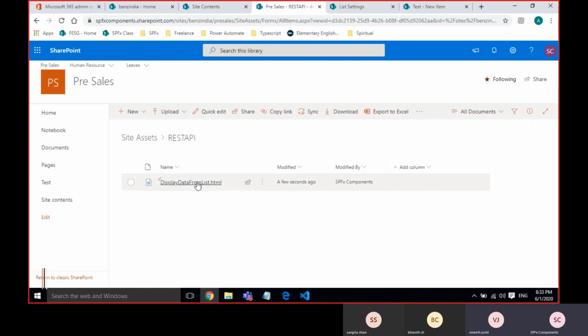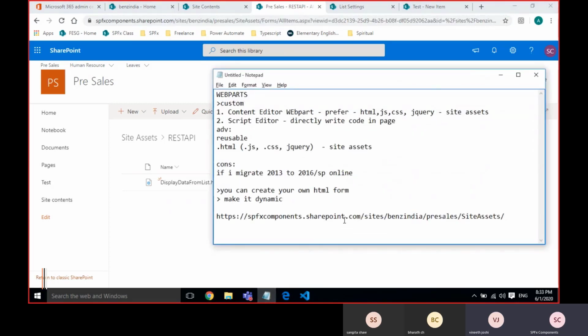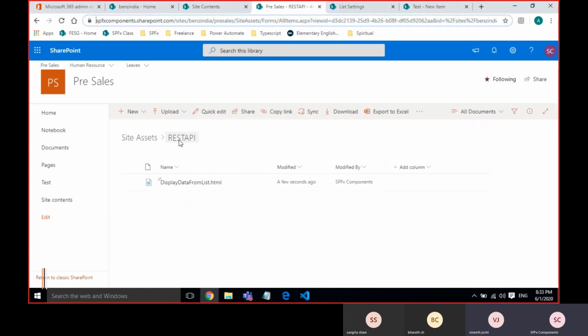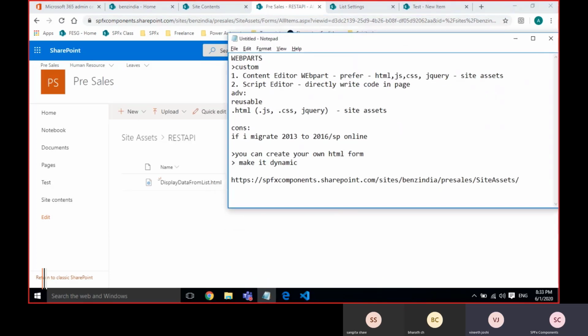Okay, so here is my HTML. I am preparing the path. I'm taking it simply: the site, and pre-sales is my subsite, site assets is my library. Then I have a folder within the site assets, a folder REST API. Within the REST API, I have a file called display data from. Okay, this is my path.